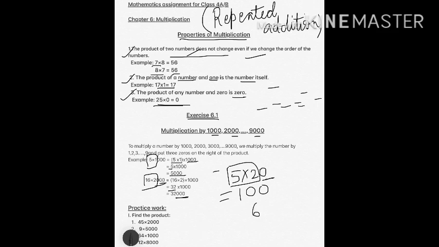Okay, for any number like 6 multiplied by 300, what I'll do here is simply multiply 6 with 3, and the answer is 18, and then I will simply write 2 zeros in the end. So this is a very simple way of multiplying numbers which end with 0. Maybe it can be 10, 20, or 30. In this case, we are dealing with numbers ending with 3 zeros, that is in thousands, right?